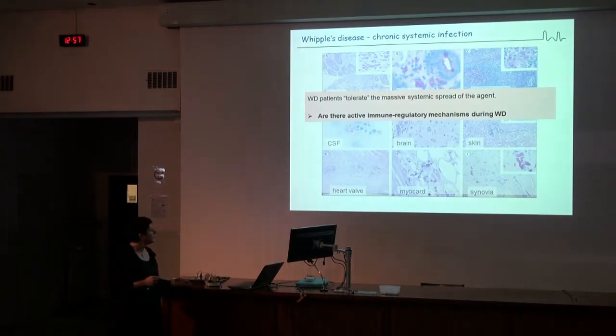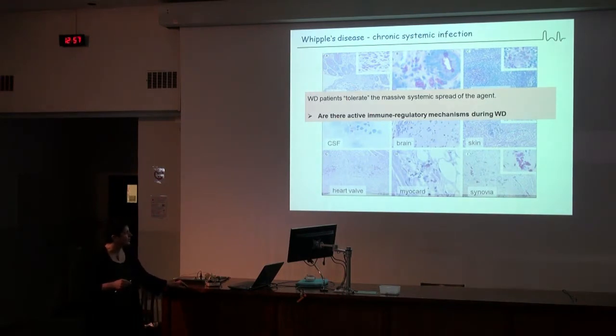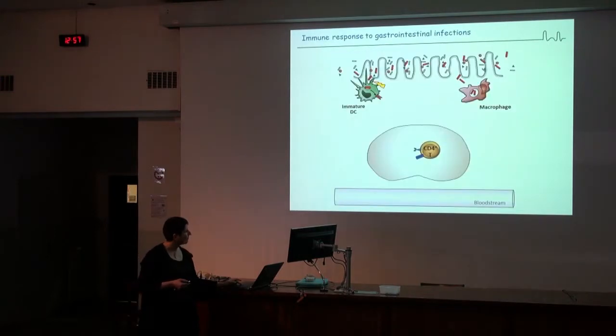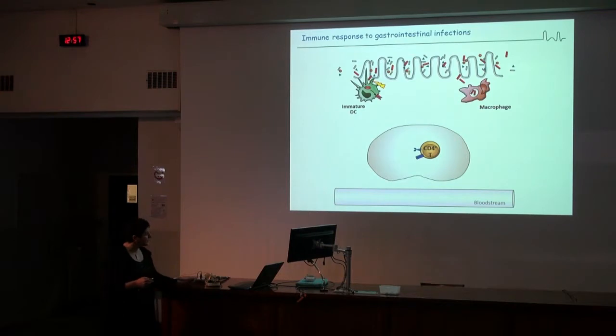And so the patients somehow tolerate the systemic spread of the agent, which is not typical for infections. So we suppose that there are immune regulatory mechanisms during Whipple's disease which enable the systemic spread and which avoid a massive immune reaction of the patient against the infection. So the normal way, which is active when intestinal infection occurs, is that